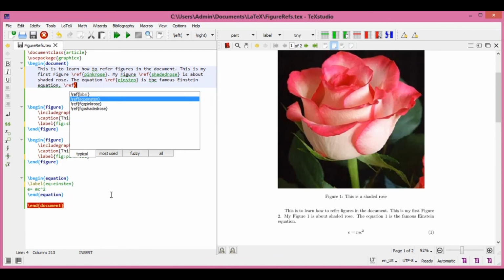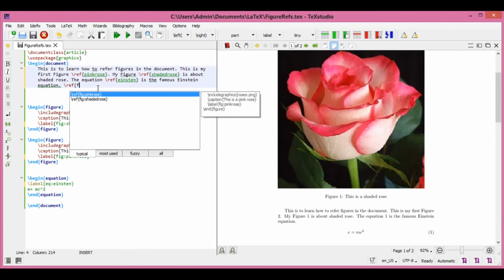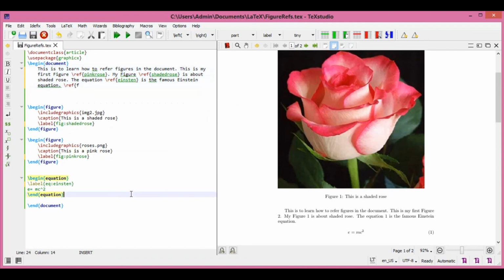It is easy for you to track, or if there are, say, 20-25 references like this, then it is easy to pick because you have given a prefix to the name as figure, equation, table or whatever. If you are going to refer to an equation, all I need to bother about is the equation list, so only that gets listed. If you are referring to a figure, I just type F, so it lists only the figures. So you can choose that. These are conveniences that you can use.